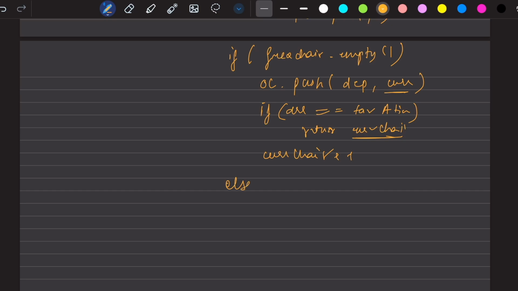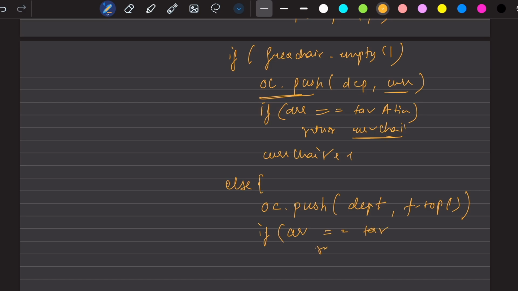Now what you will do, you have to do both things: assigning and also returning. So for occupied, you have to push the departure time of the current friend, and this free chair dot top, right, because this will be containing the smallest chair that is free. And you have to check again the same thing: if arrival time is equal to target arrival time, then you can basically return this top,